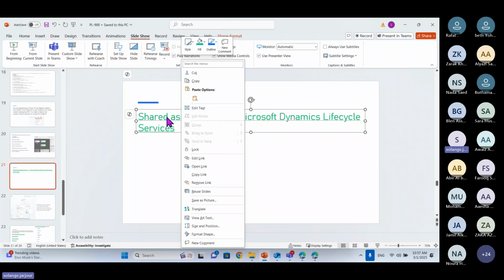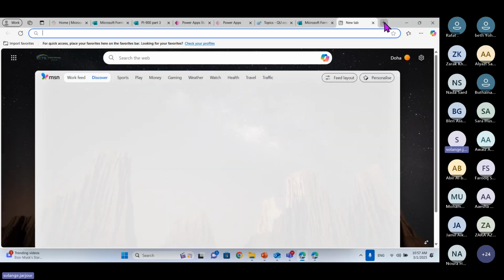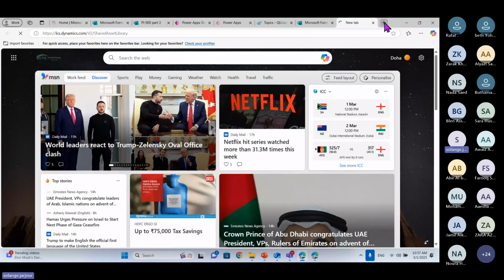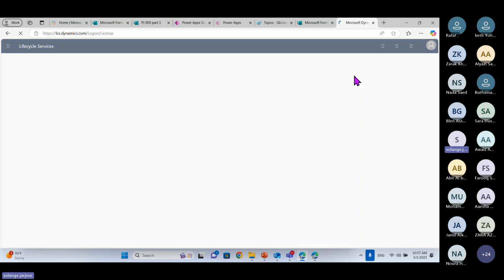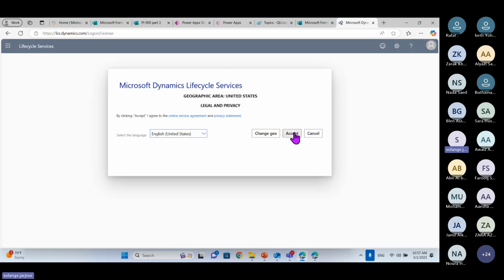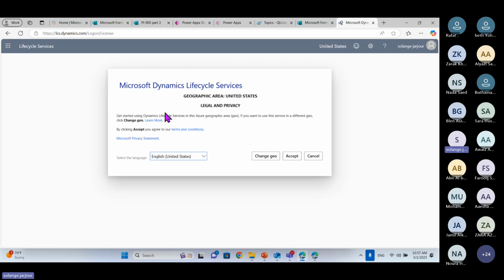So here I went to, let me copy the link and show you a little bit about this website, which is called Lifecycle Services. It is given for free per company, just for them to have, as I mentioned, a consultancy on the different apps. For me, I don't have it, but I will show you the assets. So we have a lot of assets. Select the assets. I'm not able to select it. Yesterday, I was able to select it. I can select the product, so for example, Power BI,